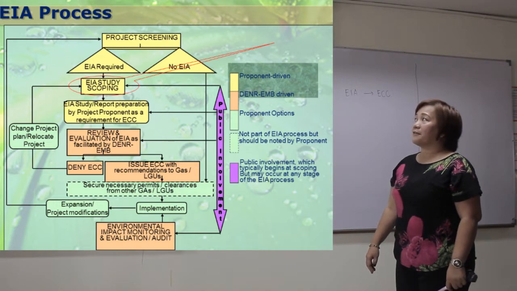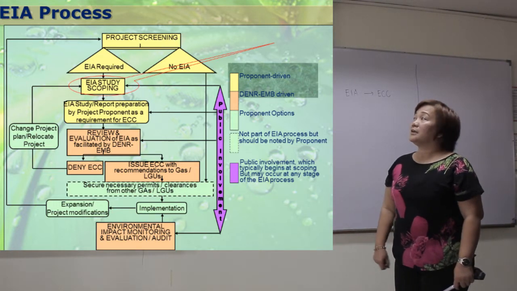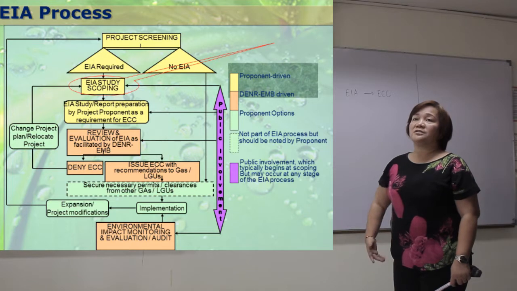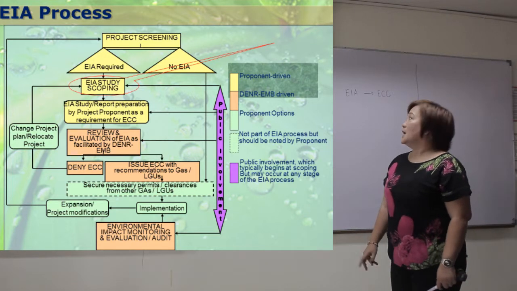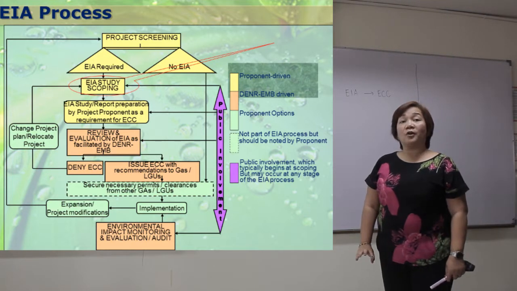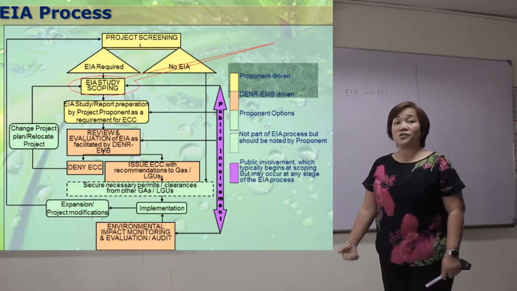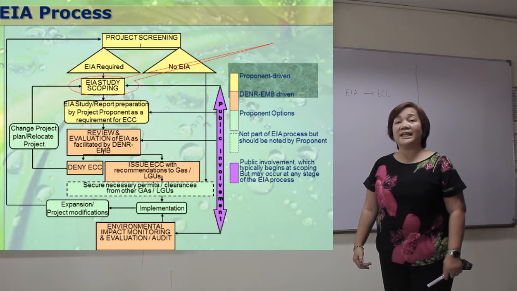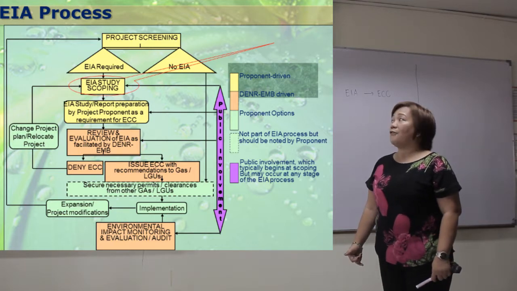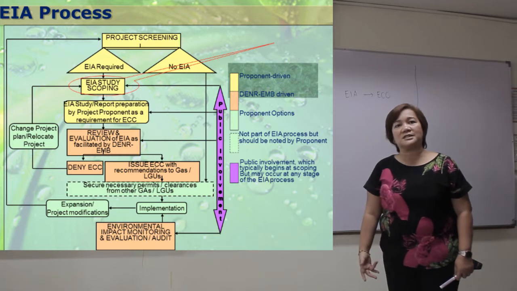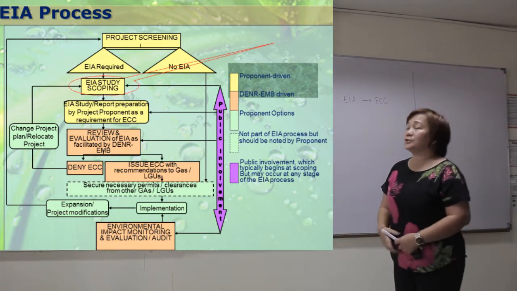EIA process has several components. Number one of which is project screening. Why is there a need for a project to be screened? We need to screen the project because not all projects need to have an EIA. Why is it so? According to the EIA law, DAO 14, if the industrial process is not falling under two